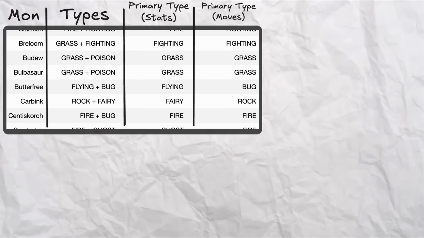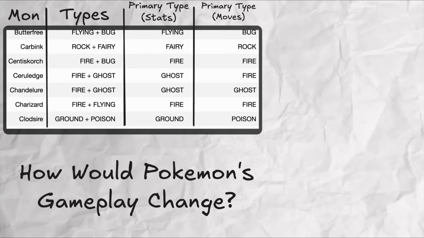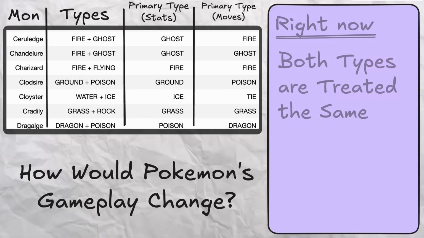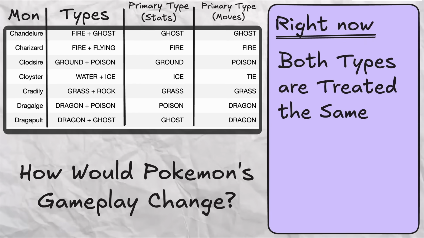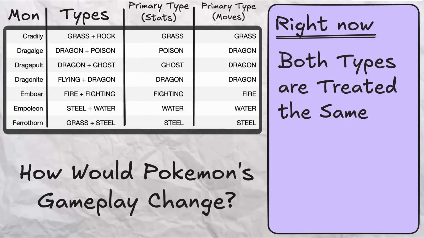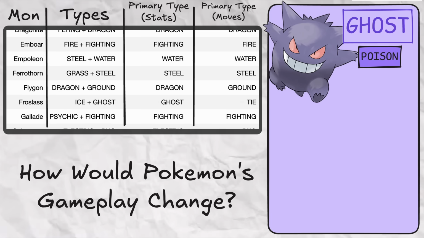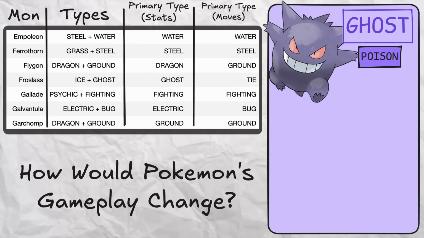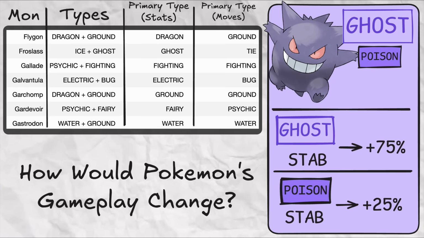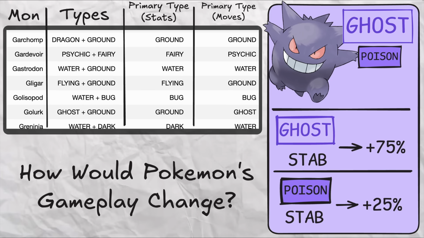And while we're doing that, I wanted to think about how the gameplay of Pokemon would change if we formally introduced the idea of a primary and secondary type for each dual type mon. Right now, nothing in the game distinguishes between a mon's 2 types, they're just the same. But let's change that. Taking our pal Gengar again, now with a primary ghost and a secondary poison typing, offensively we'd have that the STAB for the primary type would be 75% and the STAB for the secondary type would be 25%. So these two still kind of average out to the 50% STAB we have today,